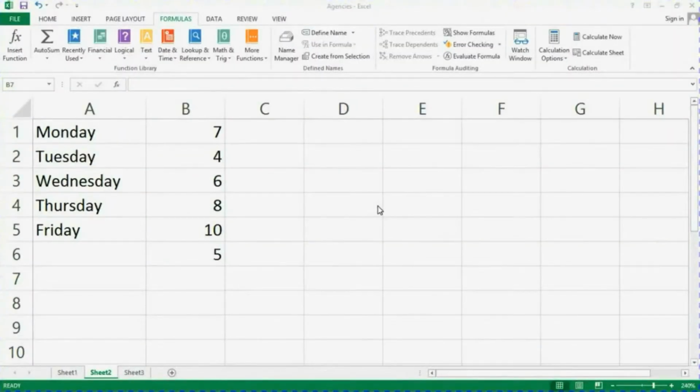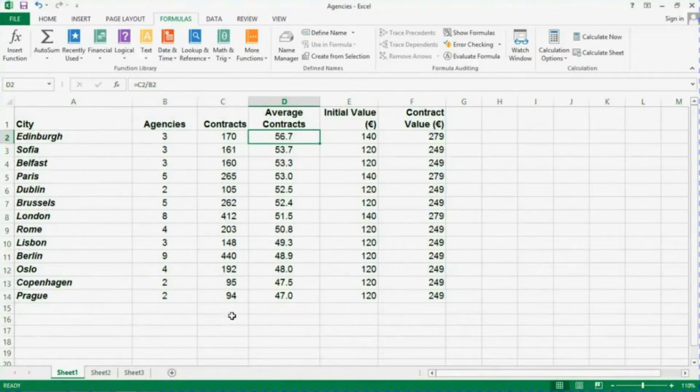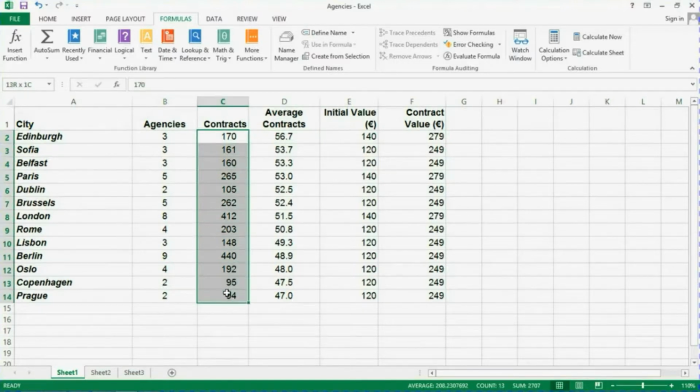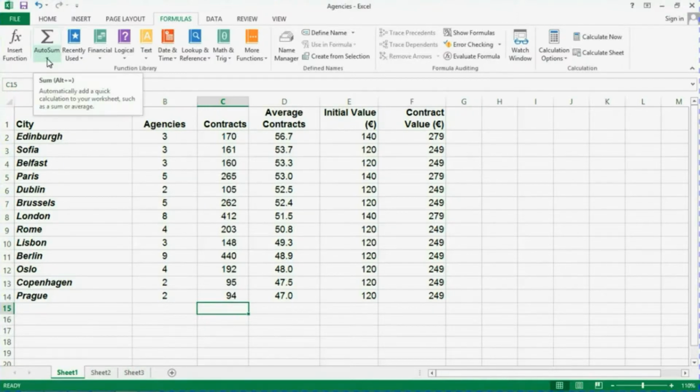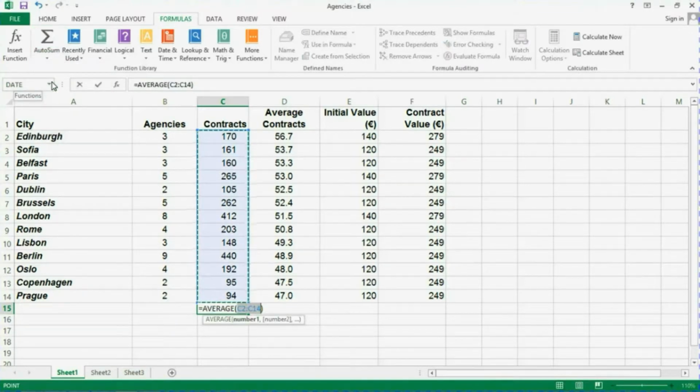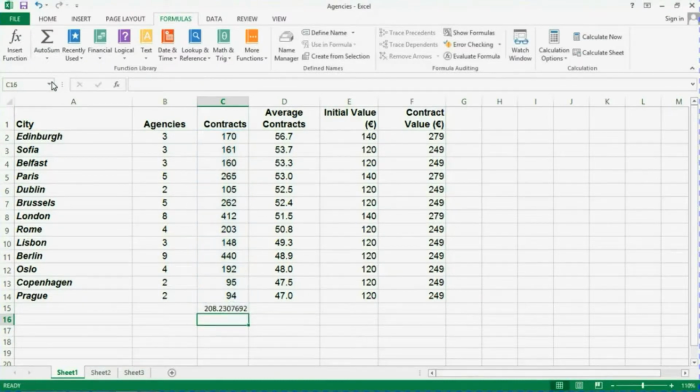Okay, we're just going to try those formulae with a bit more data. I'm just going to move over to sheet 1 here, and let's just say we want to find out the average of the contracts here. So I'll put my cell pointer in cell C15, and I want to find the average, so I'll go AutoSum, average, and it's selecting the range, and I'll hit return, and it gives me a value of 208.2